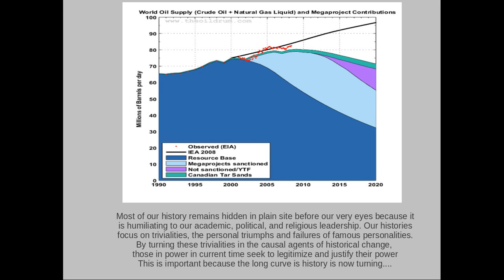The long curve dominates the short curve. So the long curve of economic and ecological change, as it turns downward, will begin to pull the short curve along behind it. It can be no other way, especially as long as we are dominated by our own blind culture. That big blue curve at the bottom is global base oil supply, not the frack oil and all this other stuff that grows fast and climbs fast. These are the big, easily pumped out oil wells, and they are in decline.